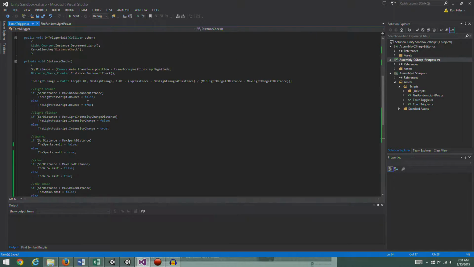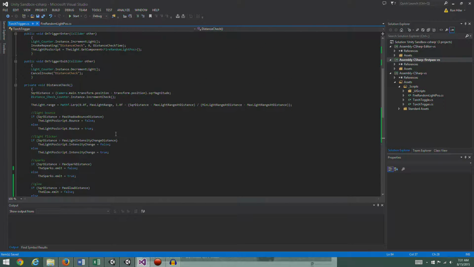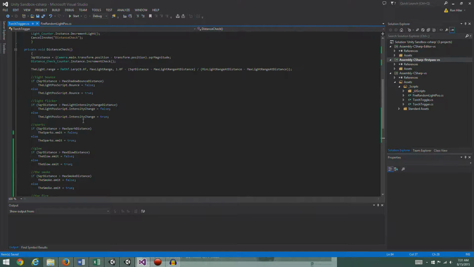And remember, this distance check is running, at this point, about 300 times a second? And we're doing all these if-else things, and that's not so great. So I want to try to do something about that. We're going to need these, but they don't need to run 300 times a second. The only time you need to run these if-else statements is when we pass one of these,